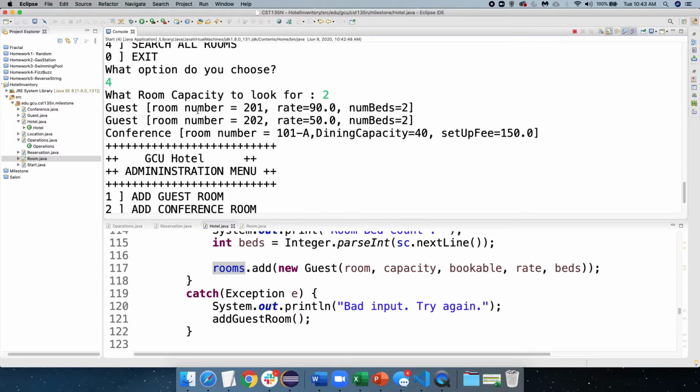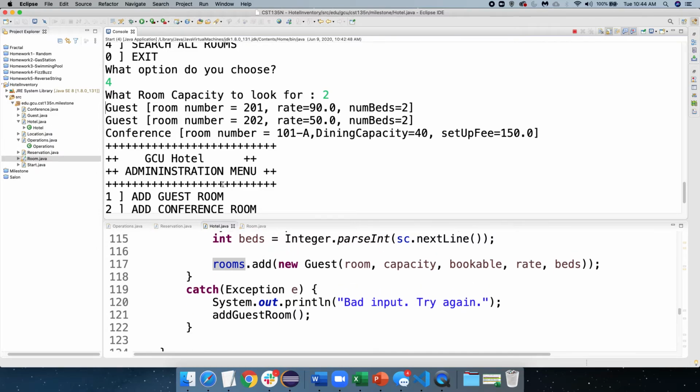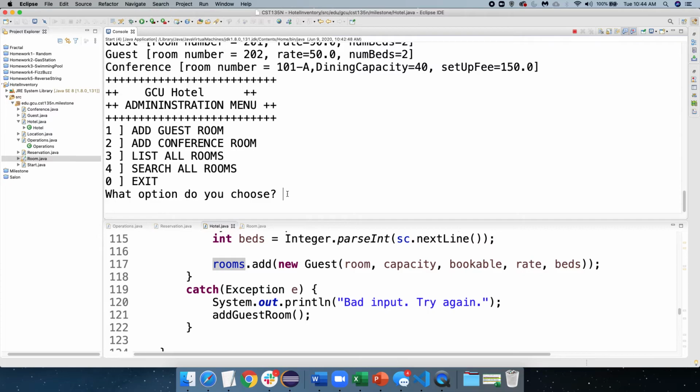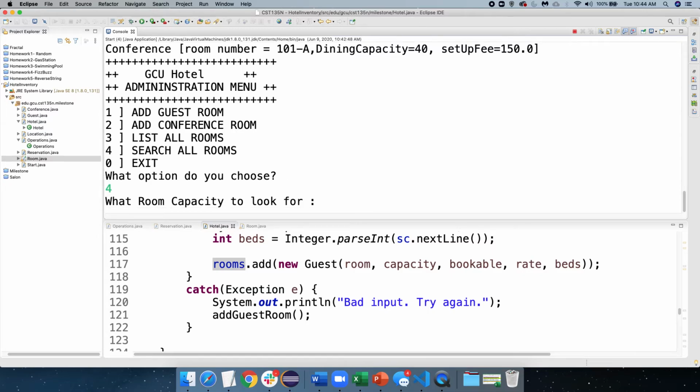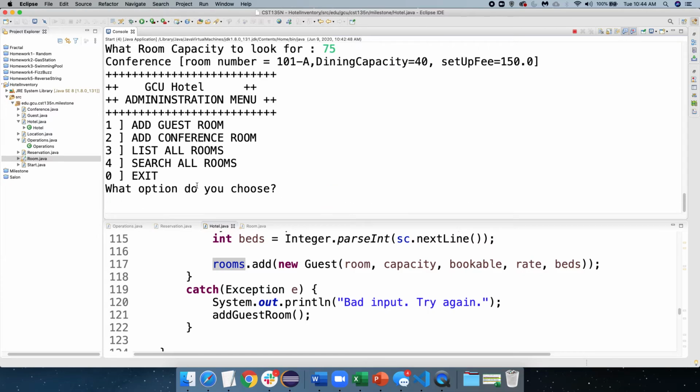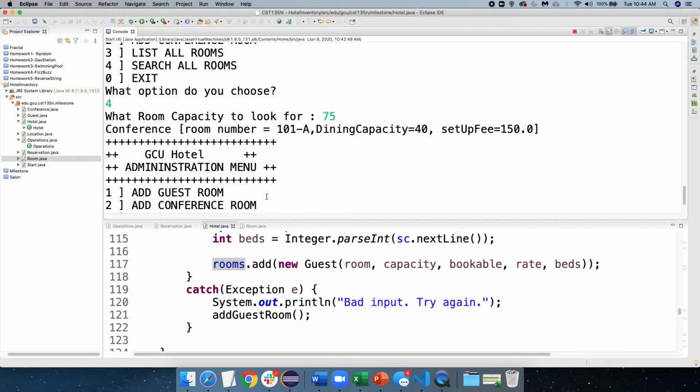So there's our 2 rooms and our capacity. So notice one room didn't show up because we had said 2. So we're saying it has to be greater than 2. So we probably want to make a change to that. But let's go ahead and pick a bigger one here. Let's go ahead and search for all rooms. Let's put in 75. We should only see the conference room, which there shows up with a conference room. So